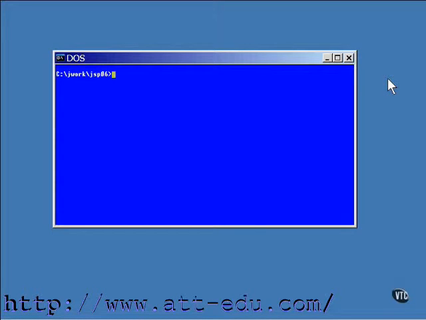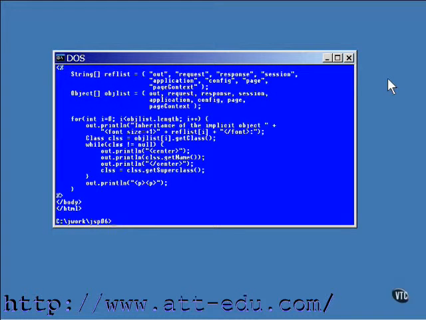In the previous lessons, I've shown you some of the things that can be done with implicit objects. Now, these objects are called implicit because they are instantiated and ready to be used. You don't have to do anything to get them ready. There are lots of other things that you can do with these implicit objects, but you need to be able